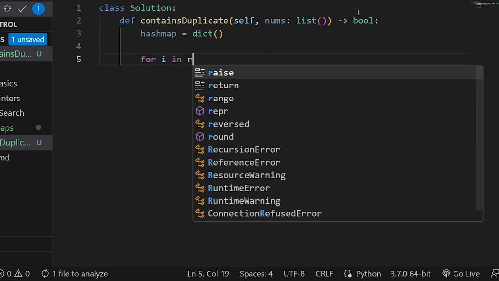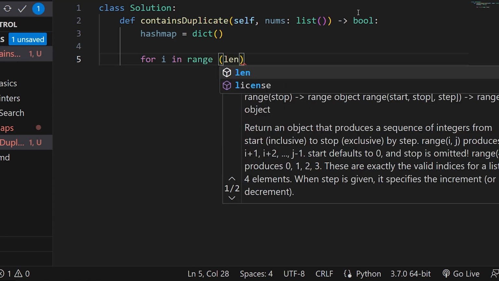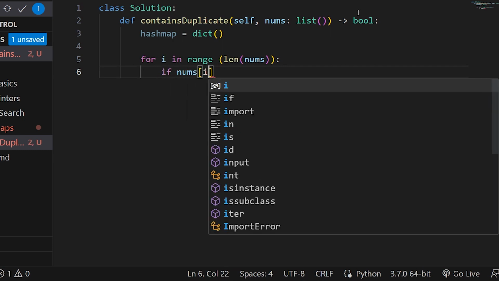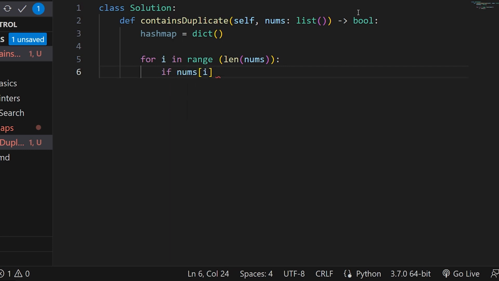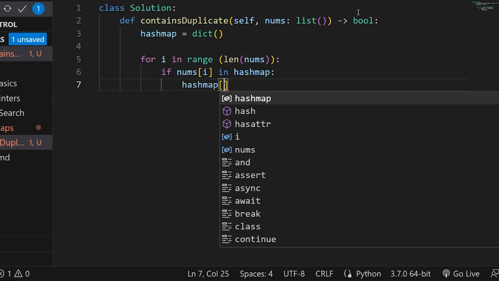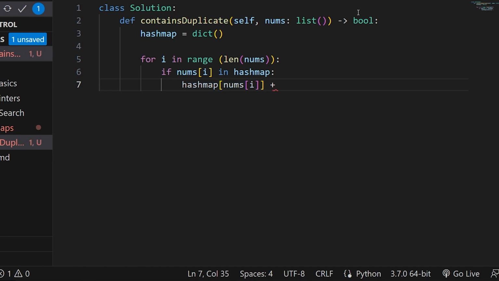Now for i in the range of the length of your nums, which is the input array, if nums of i, which is your value, is available in the hash map, I am going to say hash map with the value nums of i plus equal to 1.